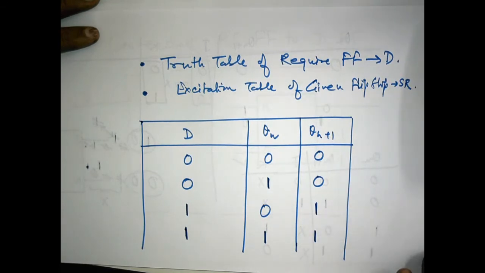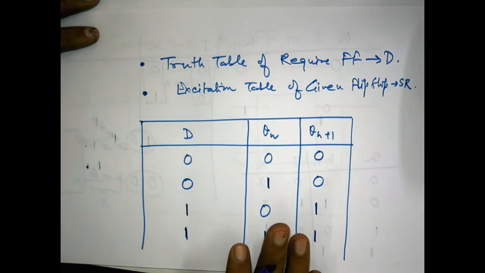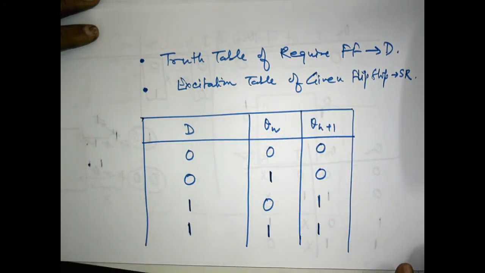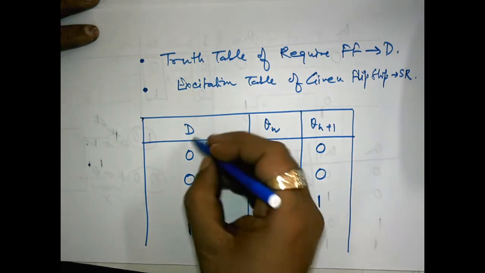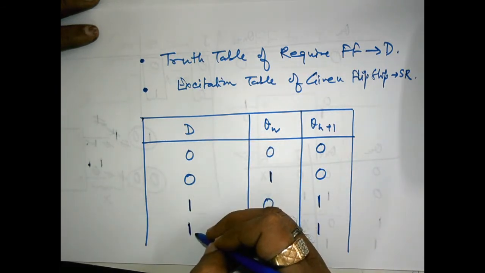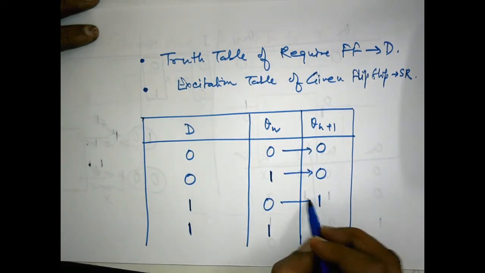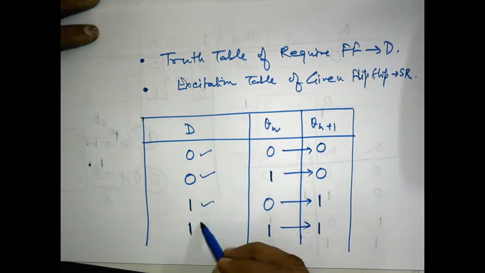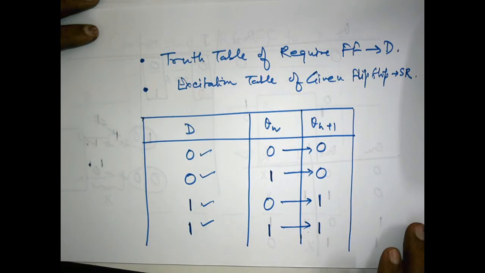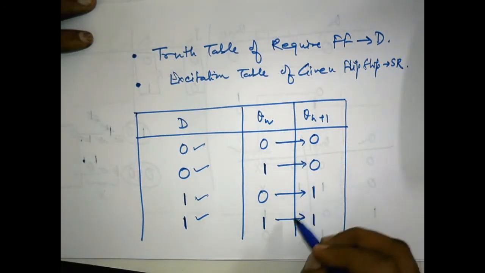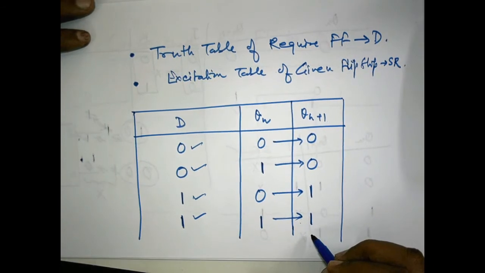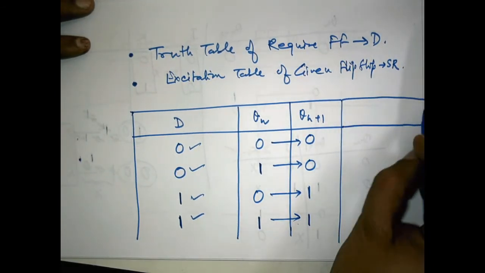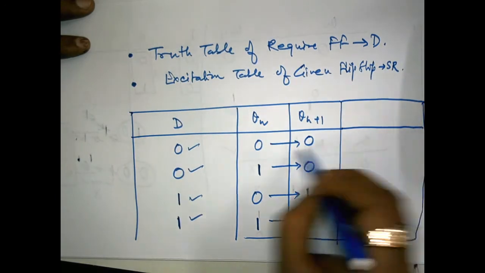Okay. So if any circuitry shows this kind of transition on the application of input at D, that circuitry will behave as a D flip flop. Agreed with this or not? If any circuitry shows this kind of transition on the occurrence of these inputs, that circuitry will behave as a D flip flop. So let us fulfill this kind of transition on SR flip flop. What should be applied on the S and R inputs so that the SR flip flop can show this kind of transition?